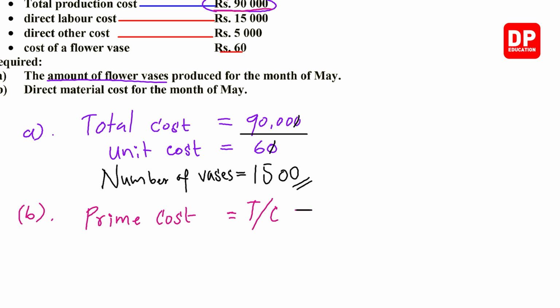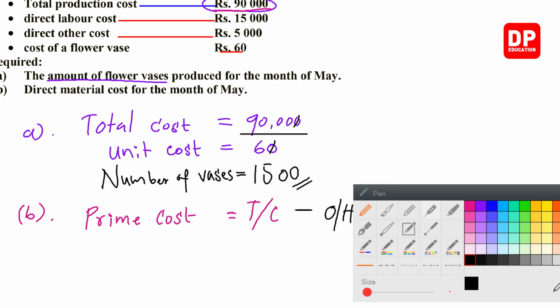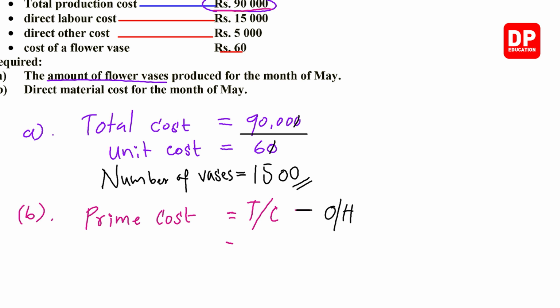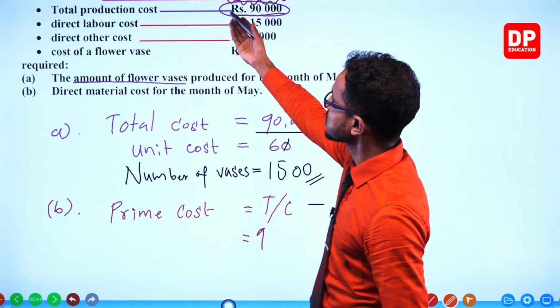You subtract overhead from total cost, then you get the prime cost. Total cost is what we took right here, the total production cost,